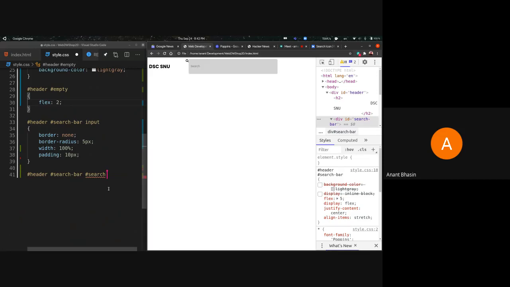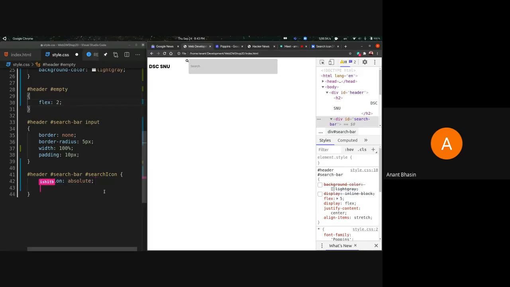Figuring out flex values is not exactly trial and error. Ishit, you can continue. I'm just answering a question over here. Okay, so you go with whichever looks best, but you'll generally have some idea of what ratios you want to use, because as you keep designing these websites, you start to get an idea of what looks best. So it's not always trial and error, but you're going to learn the standards and the basics. So yeah, that gives you an idea.